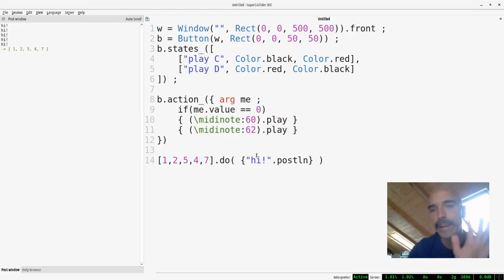You get a lot of hi. Why? Because do says that for each element in the array the function will be evaluated. As we have 1, 2, 3, 4, 5 elements, for each of these elements we get a hi on the screen. So it is interesting because it is iterating this kind of behavior. Iteration can be done in this way for collection-like objects. Point is, fine, I am repeating something, but in the case of a collection, is there any way I can have information